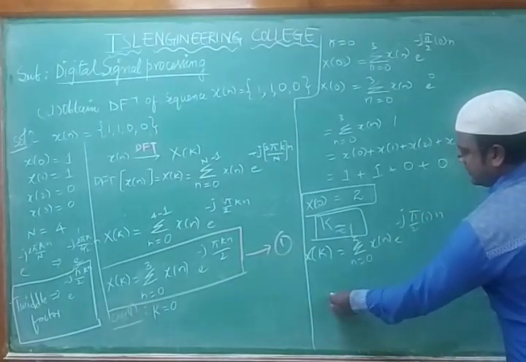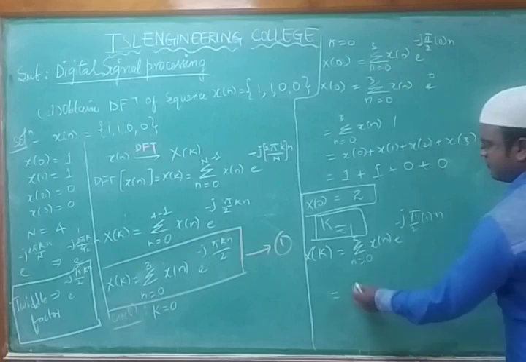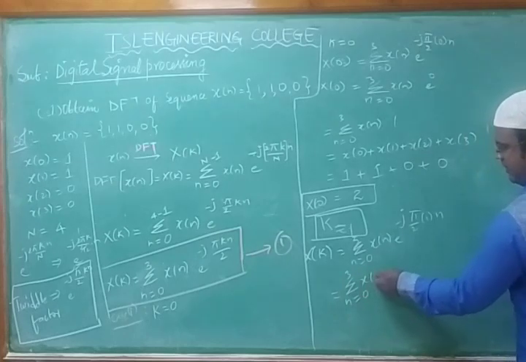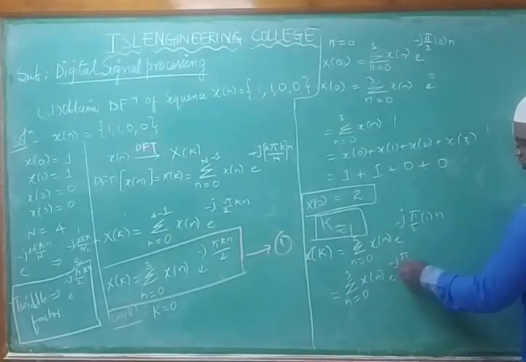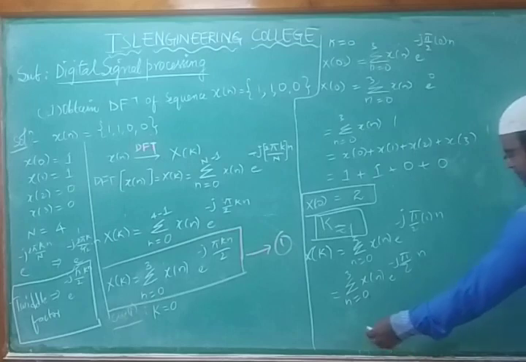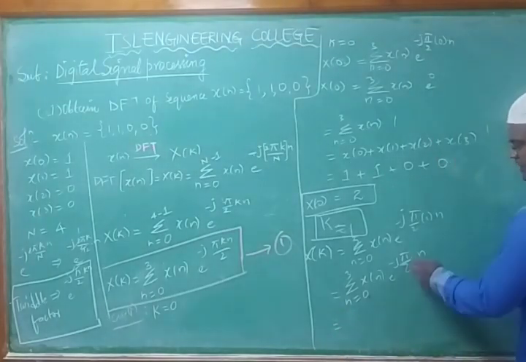So we can write over that same number. So we put a summation for this. Put n is equal to 0, all those values. So what will I write? Summation n is equal to 0 to 3 x of n e power minus j pi by 2 into n as it is. So wherever n is there, here is n, here is n. We can substitute that number. So starting from 0 to maximum 3, put the same numbers.